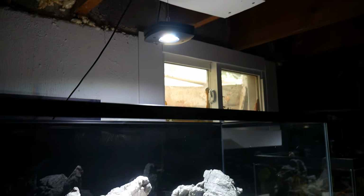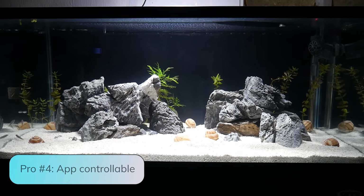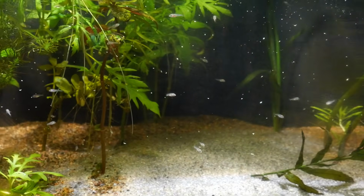And I think pro number 4 about this light is that app that I showed. Before, this would have been on the con list because I did not like the AI Connect app, but the Mobius app has been really easy to use. It's a massive upgrade. Also, you may notice the Kessel Tuna Sun lights on this tank, which also look incredible,